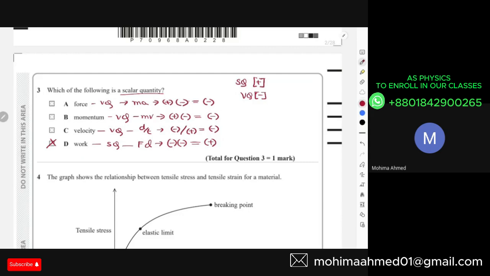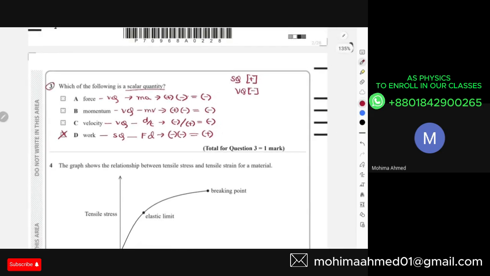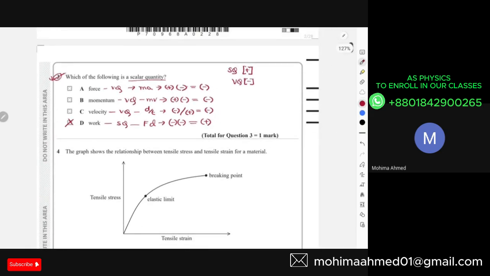So over here, the only quantity that gives you a plus sign is your work done. So work done is your scalar quantity. I hope this is clear for everyone for question 3. Now if you move on to question 4,